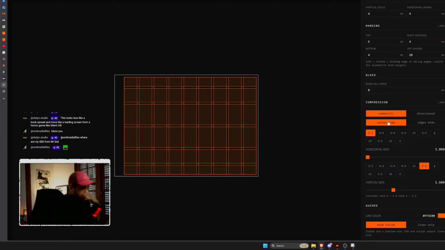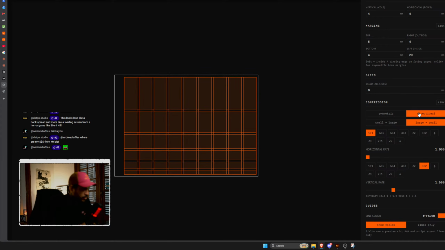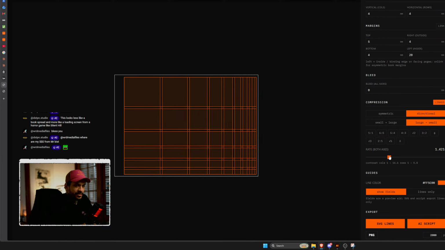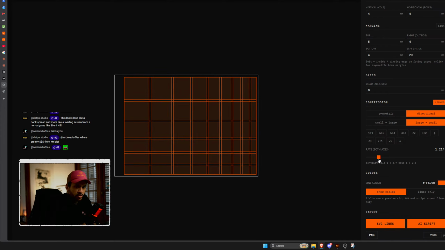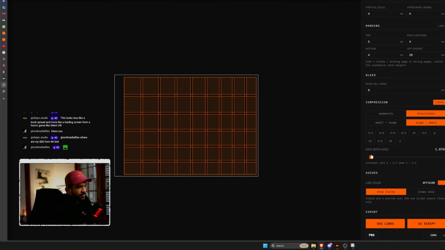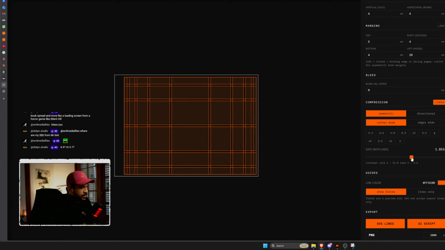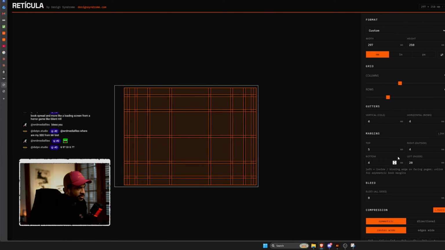Here there's a compression slider that you can tweak. For example, here I can link it and you can compress the grid, so it's not symmetrical. This is gonna give you a way to make it much more interesting, right? We can make it symmetric. Right, make the compression like that. This could be something really cool, to make the main body of text in the middle and then all little segments to the side. That could look really cool.